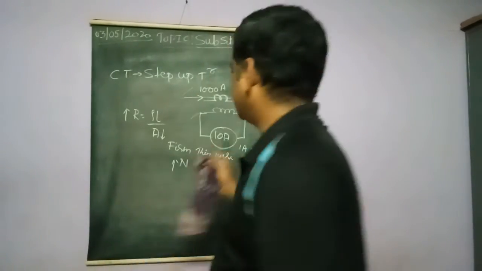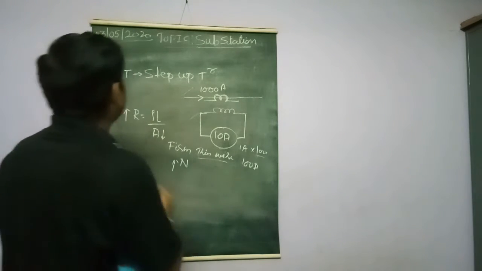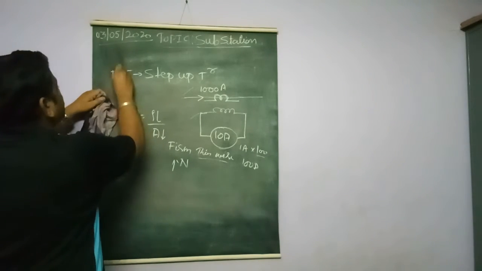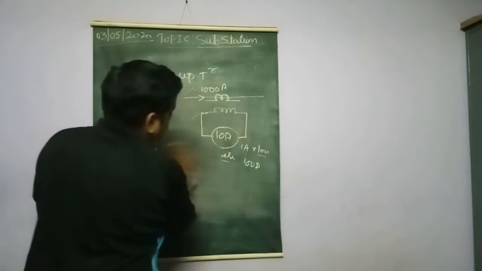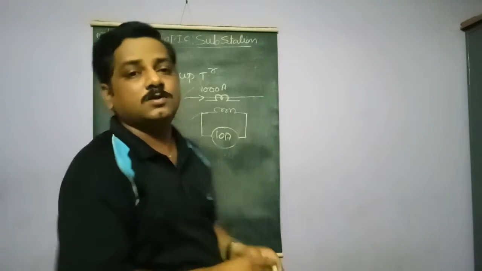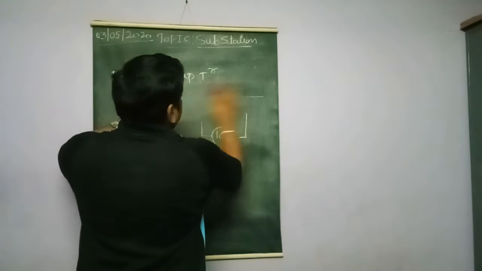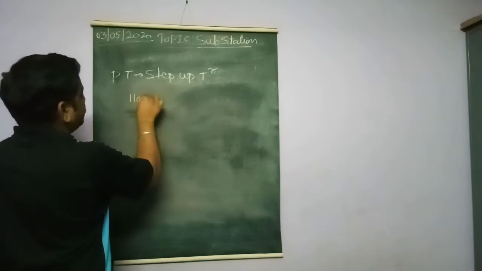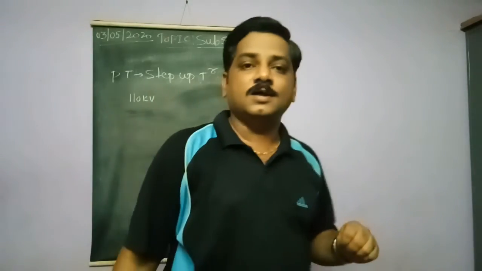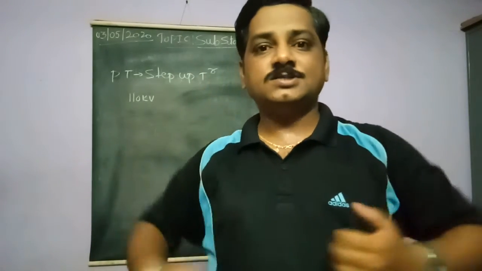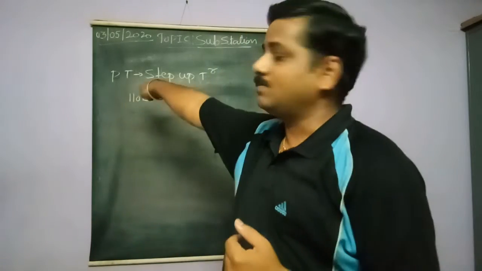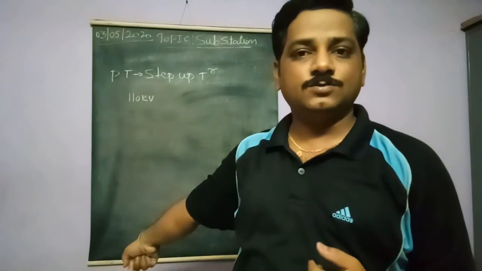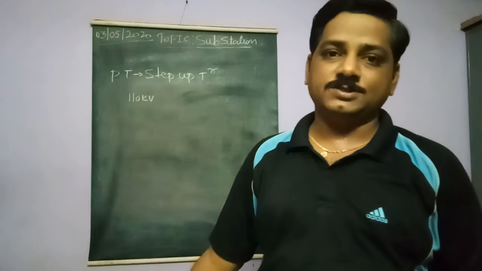So potential transformer is also something similar to this, but the potential transformer, in short we represent it as PT, is used to measure high voltage using a small voltmeter. Okay, so as we know, the transmission line voltage will be say 110 kV, right? And now I want to measure this 110 kV, but we can't develop a meter which can measure 110 kV. Instead of that, we have developed a potential transformer which is going to reduce this voltage level to a small volt value, and that value can be used to measure the voltage.